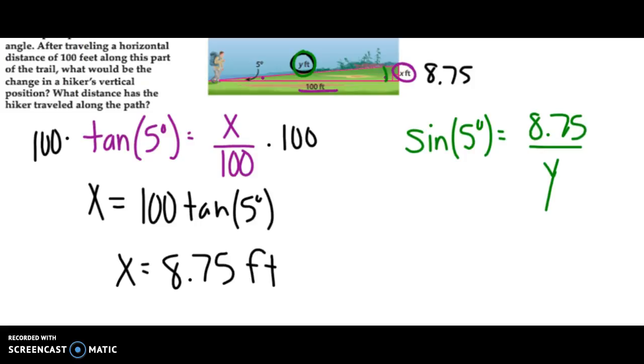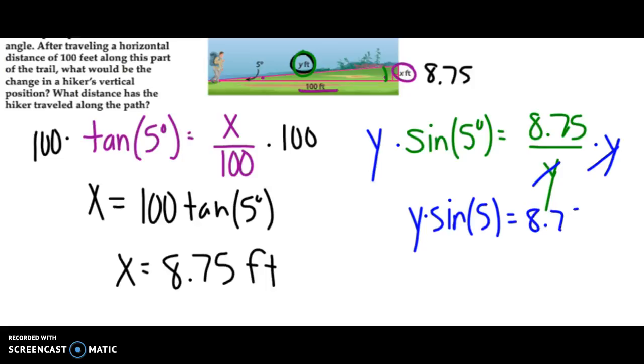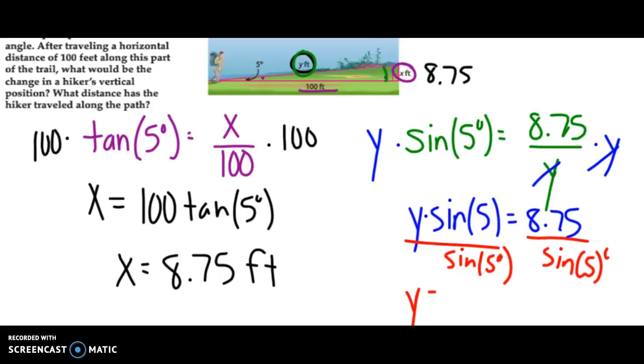If I'm going to solve for y, I multiply both sides by y so these cancel out, and I get y sine of 5 degrees is equal to 8.75. If I want y by itself, I divide both sides by sine of 5 degrees, and I find that y is equal to 8.75 divided by the sine of 5 degrees,